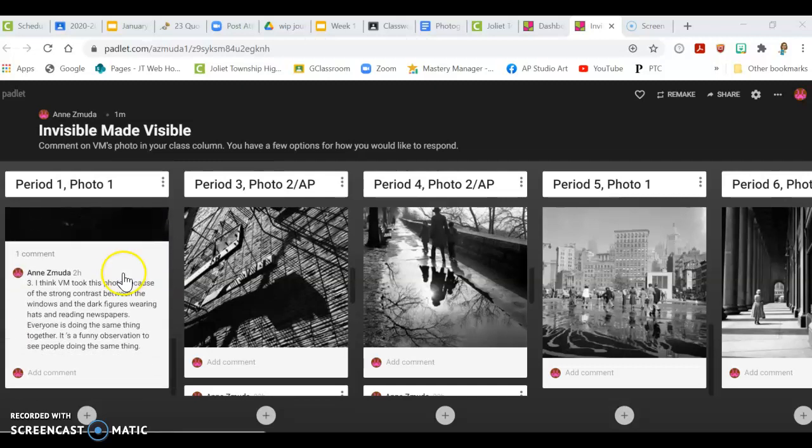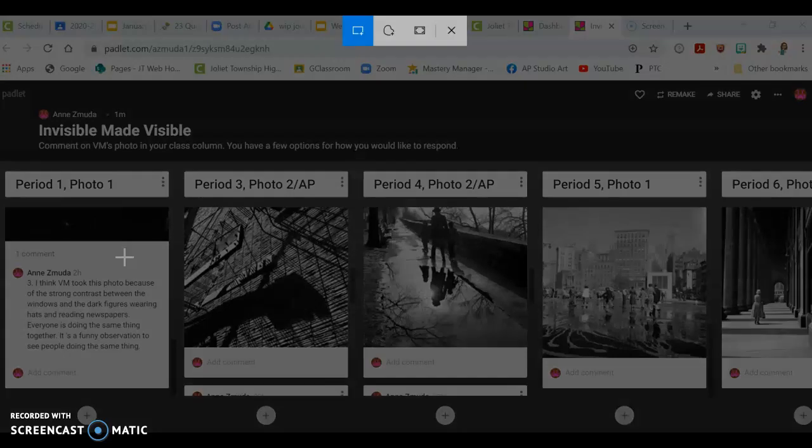So basically, I would like to copy or take a screenshot of just my comment so that I can turn that in for my assignment. So the easiest way that I like to do it is I like to press three keys on the keyboard. Those keys are Shift, Window, and S. They're all in the lower left-hand corner